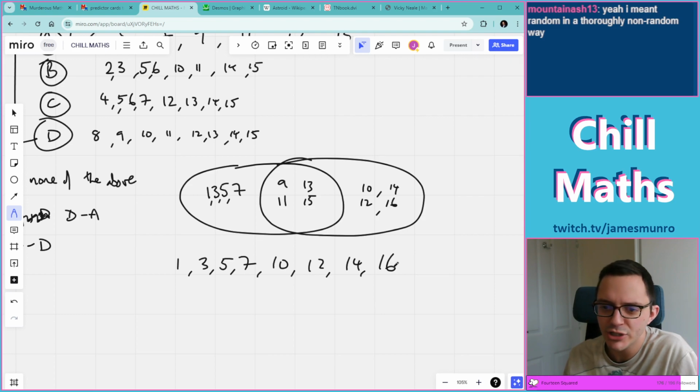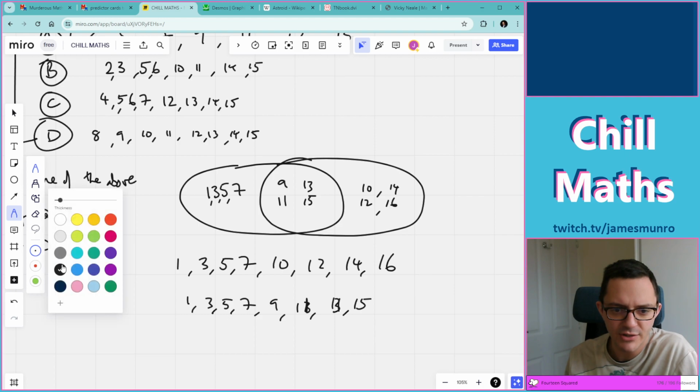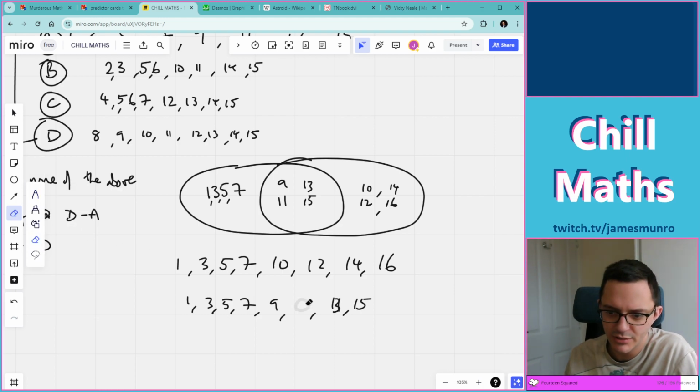And then maybe if I show you, what's my other list then? So maybe my other list is just 1, 3, 5, 7, 9, 13, 11, 9, 11, 13, 15. If I show you these 2 lists, can I recover the information? It's going to be a bit of a logic puzzle for me, but